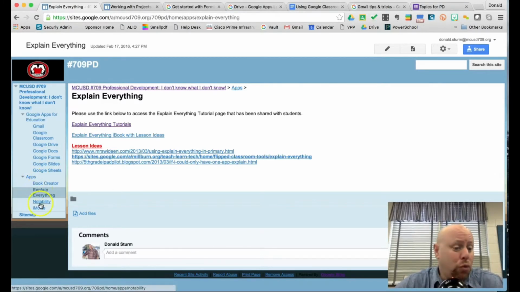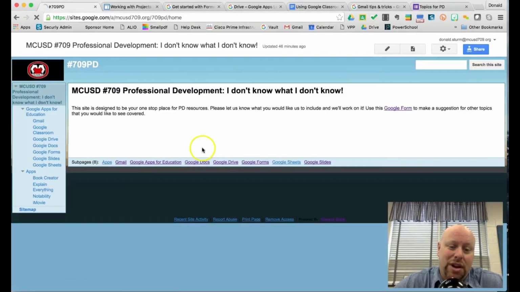But we'll be more than happy to add apps along the side here. Hopefully what this does is give us kind of a running list. If we were to look at this every month, let's say, we would keep adding apps, and then you would see, oh, here are apps that people are using. Now I know what's out there. And then you can tailor your questions to us to say, hey, I want a little bit more. I think this Book Creator's interesting. Can you show me more about that?